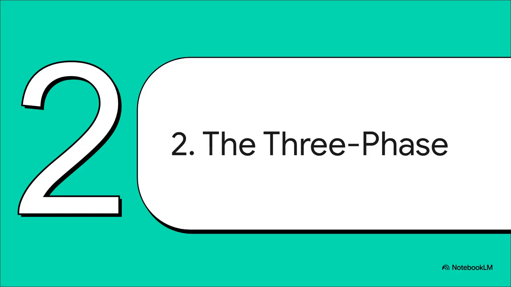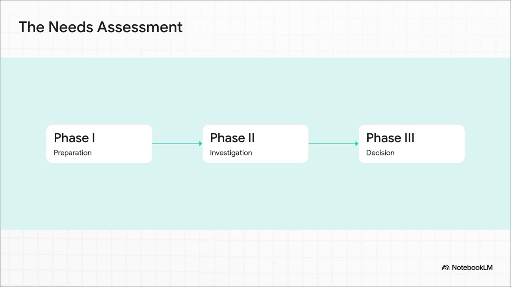Okay, so how does this investigation actually work? That brings us to Section 2, the 3-phase playbook. See, every good detective follows a procedure, and this case is no different. And here it is, the core of our mission, broken down into 3 phases: preparation, investigation, and decision. You can think of it like this. First, you size up the scene, then you gather all the evidence, and finally, you make your case and close